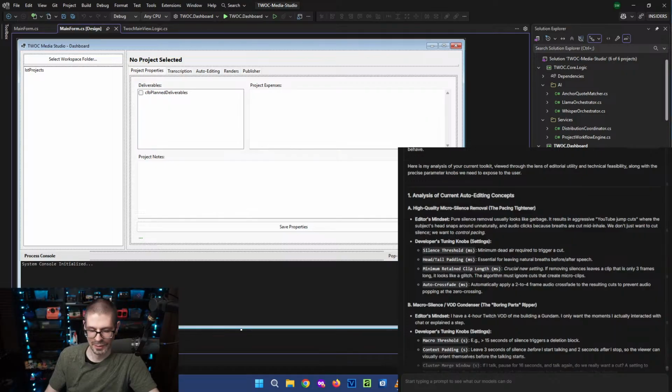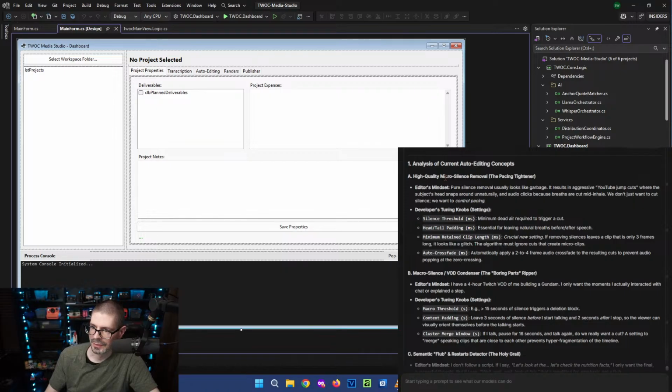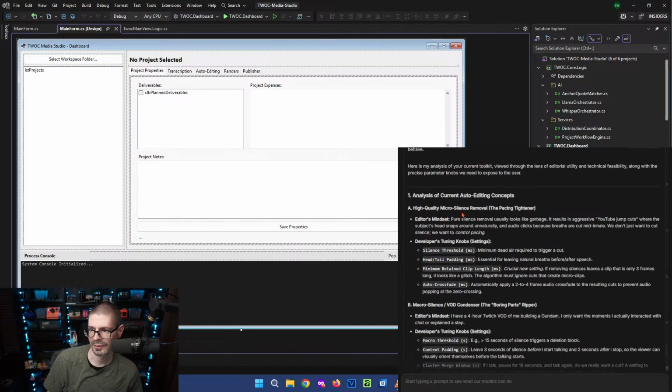So I've been trying to think about the design of various aspects of the program. And really, with the AI writing the code, the design is the most important part and how it works and how it can function. So I had it take a look at some of the automatic video editing ideas.